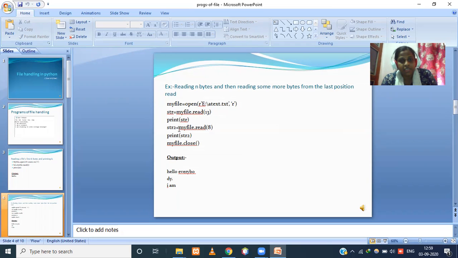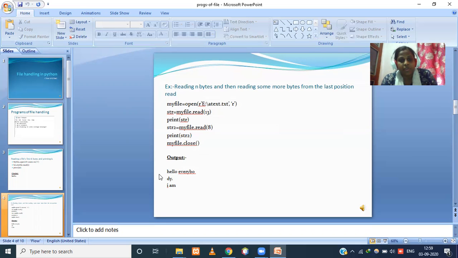Then again I call str2 equals myfile dot read 8. I want to read another 8 bytes from that file, so it will read the next 8 bytes of the file and store in str2, then print str2, then myfile dot close.